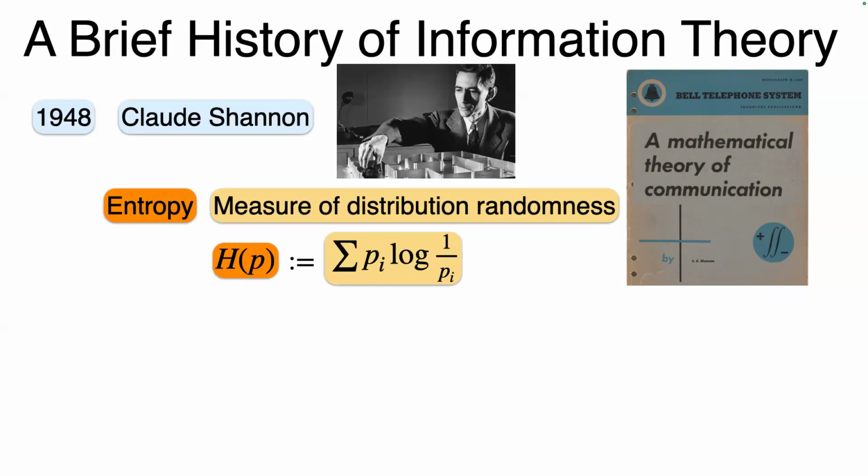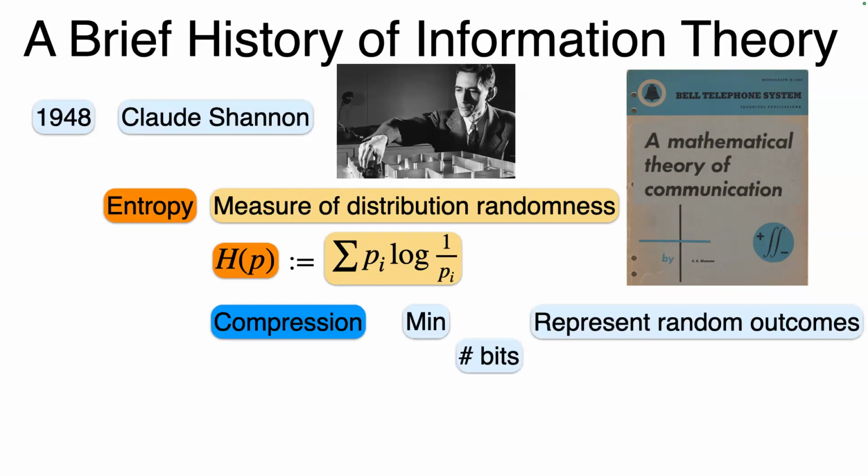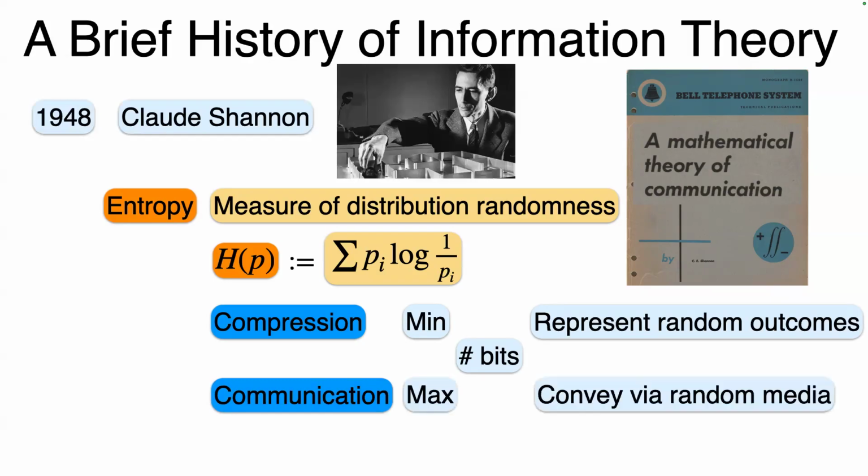And he used it to show two important applications of entropy. One is compression, which is minimizing the number of bits that you need to represent random phenomena. And the other one is communication, where he used, again, entropy to find the maximum number of bits that you can convey over a channel when you communicate. But since this entropy, as we see, is a measure for